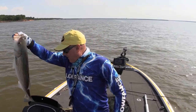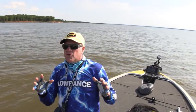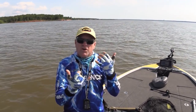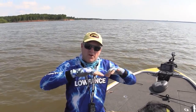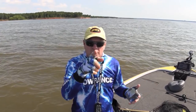You can use these principles anywhere there are stripers. The concept of the murky or muddy water, the burning technique that we're using on the spoons, the fishing the ledges and the points and the underwater drop-offs, all that stuff applies anywhere there are stripers, including right where you